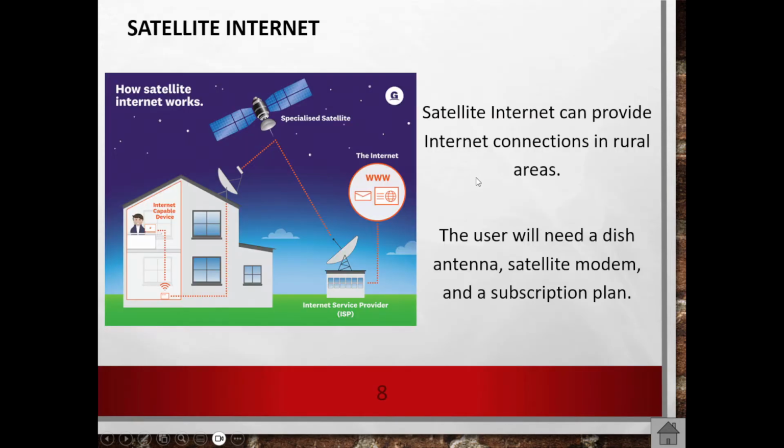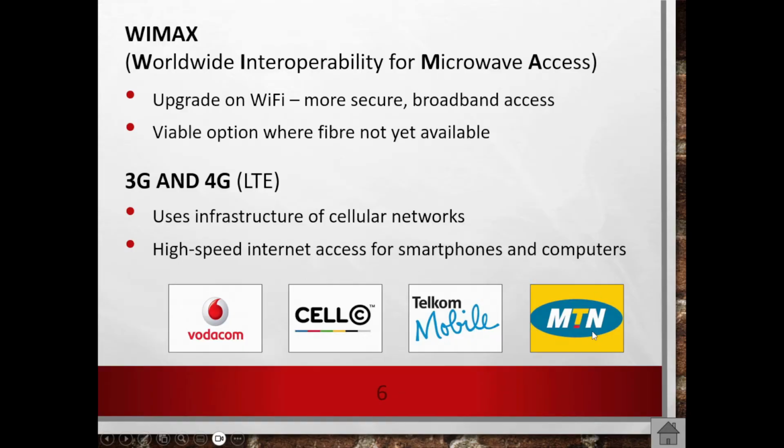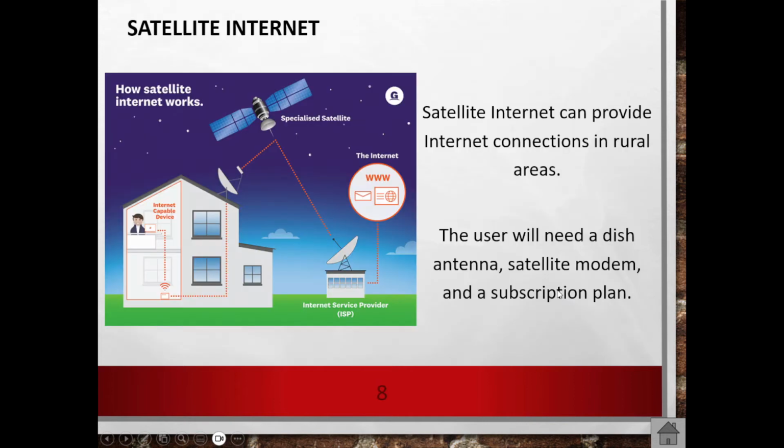Right. We also have satellite internet. A lot of people connect via satellite. And I'm going to show you a few examples. Well, one major example. Now, satellite internet can provide internet connections in rural areas because, like I said, I'm limited to MTN in my area. Like that's all. There's no ADSL, there's no fiber, nothing there. What about those out in the rural areas? Far up into the mountains. How do they connect? Do you think there's cables there?